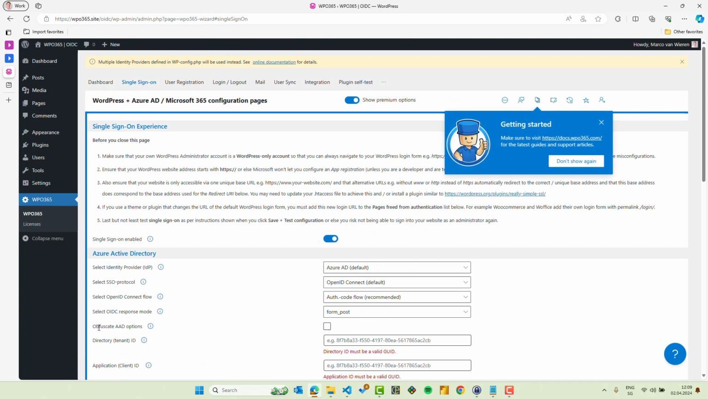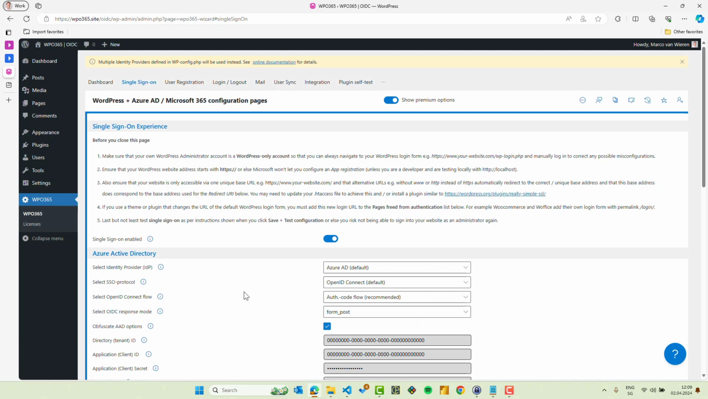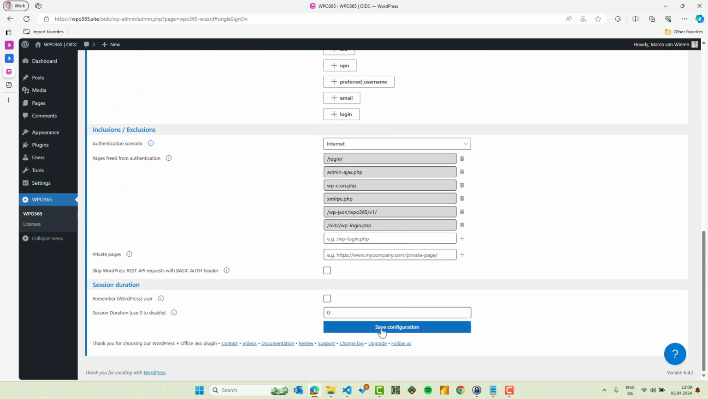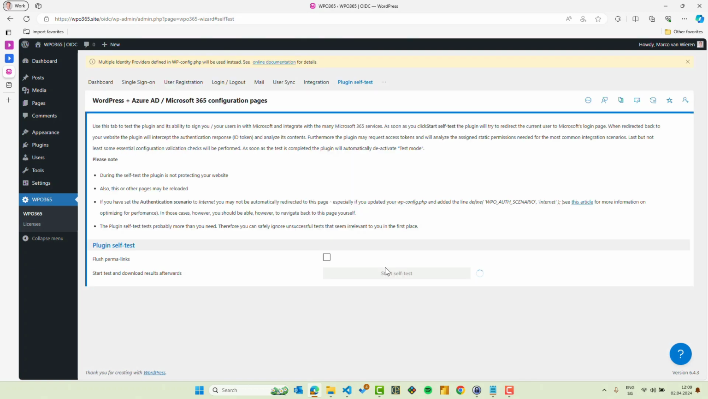check the option to obfuscate the Azure AD options. And when I do that, most of the Azure AD options that are visible to me as an administrator get grayed out, and their values get set, well, basically to placeholder values. Let me save that configuration, and with this configuration in place, I have configured support for multiple identity providers, and